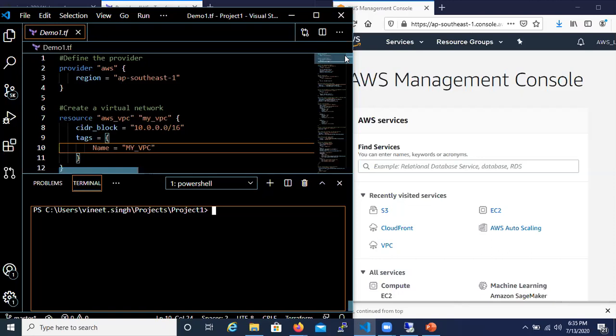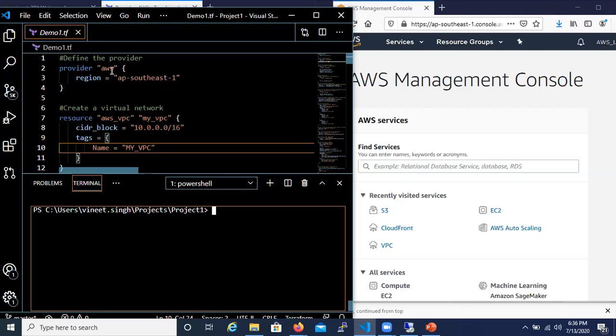The way that we write the code is similar to how you create the objects from the GUI. The main benefit is you get the flexibility of deploying it and destroying it very easily at your will. So we'll go through this code and try to understand each and every part. In order to deploy any configuration, we start with first defining the infrastructure where we plan to host our web servers.